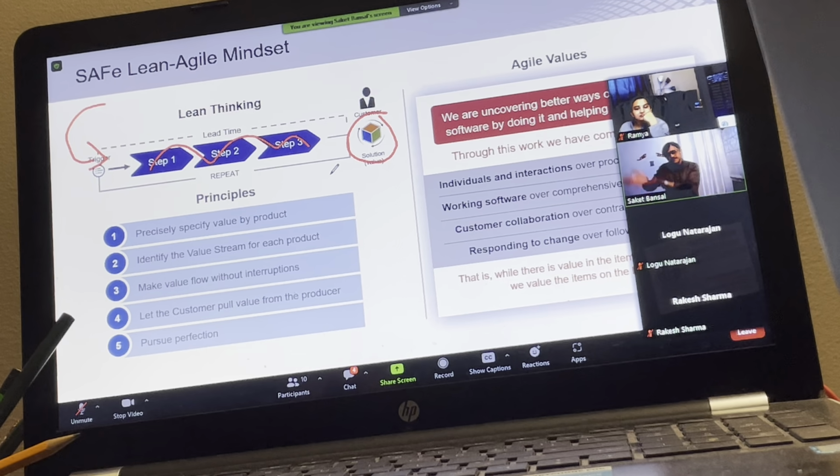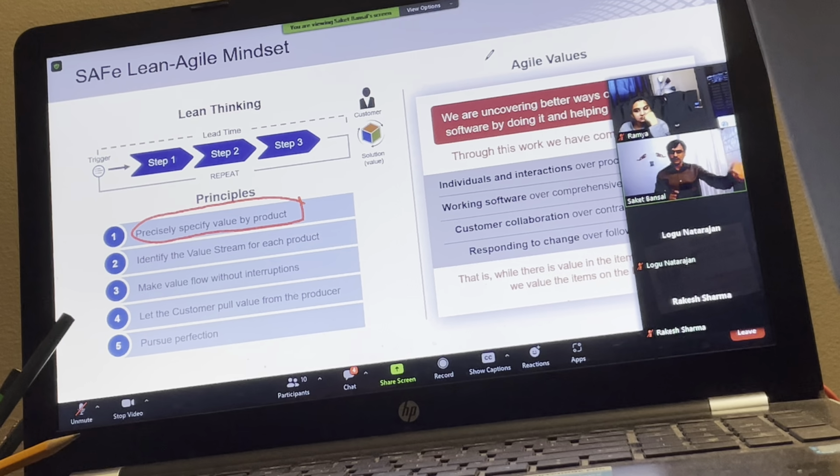So we can say the lean way of working is, first we need to identify our value. So we ask, what are we trying to achieve here? What do we deliver to the end customer? For what services are our customers willing to pay? That is our value. In a product space, sometimes fast delivery is valued, sometimes delivering a feature is a value, sometimes meeting a compliance is a value. So we need to understand what is value. So lean thinking, the first principle is to precisely specify what is value for each product line. Then identify a value stream for that value for each product line.